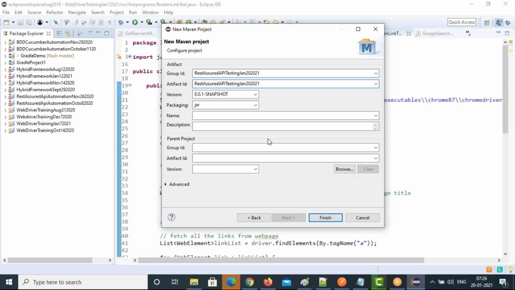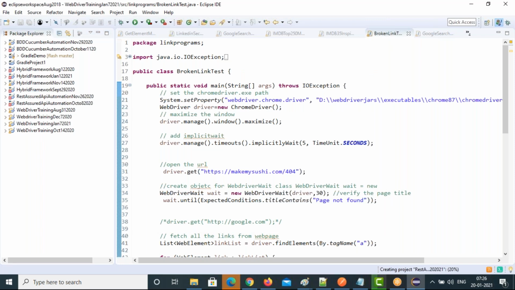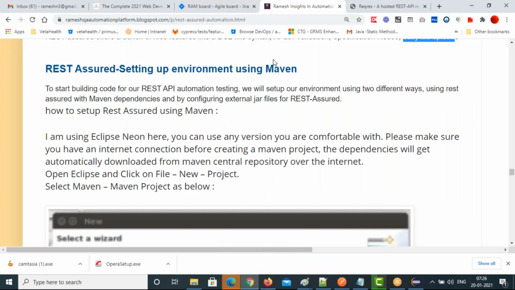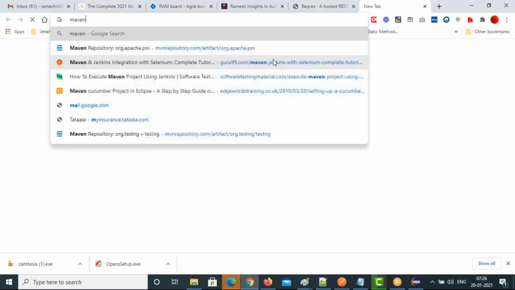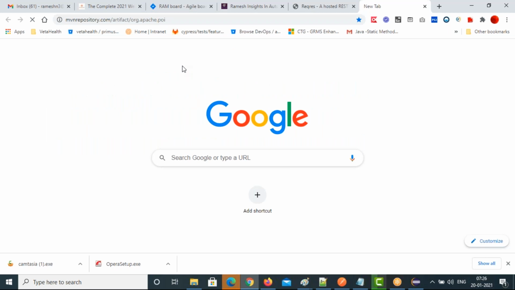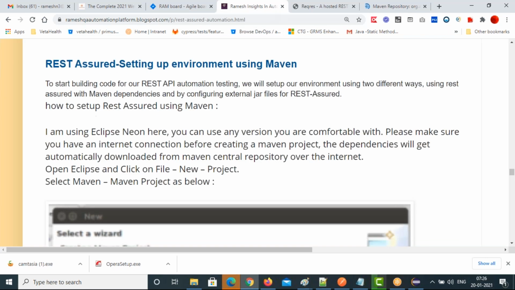Click on finish. The project is being created. Now we need to go to the Maven repository first, and see clearly what all things you need to add here.